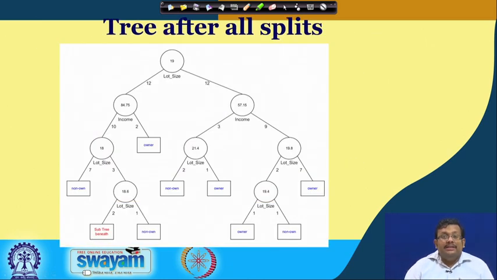So, after all the splits you can see these circles are the splitting nodes, and at the splitting nodes we have selected a particular variable and the particular value of that variable which gives the lowest impurity. Ultimately the tree grows, and these are the branches, and these rectangular boxes are the terminal nodes from where there will be no further splitting, and there we specify whether they are owner or non-owner, which is our target classes.